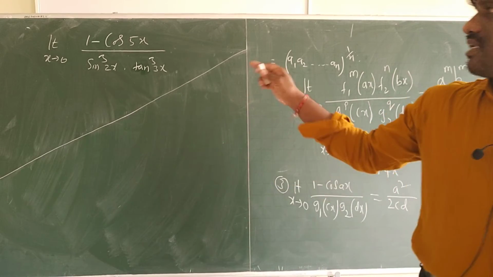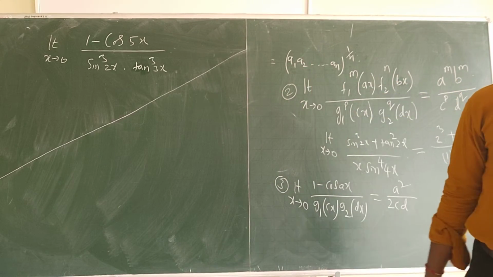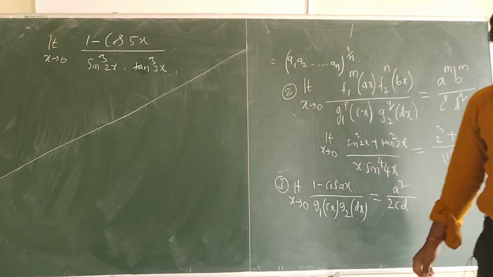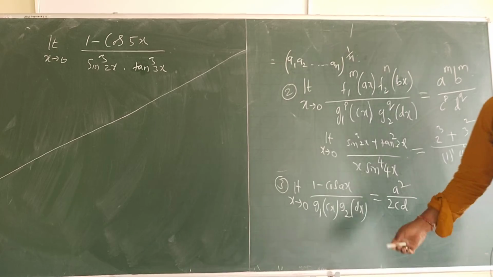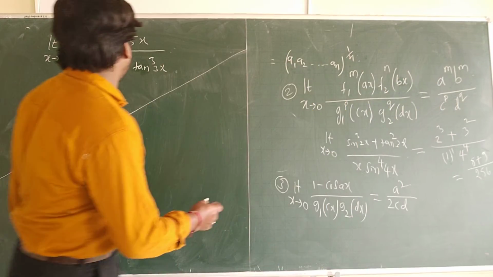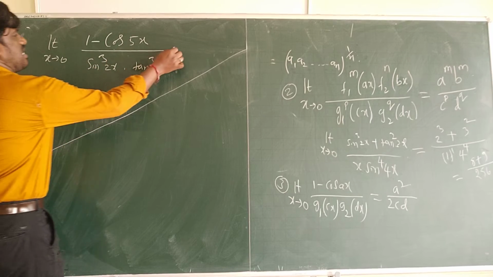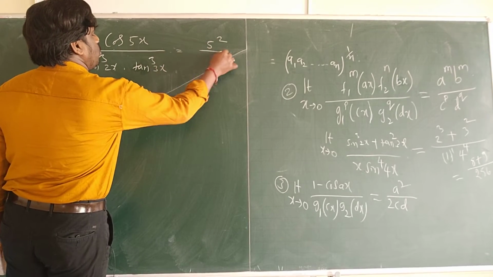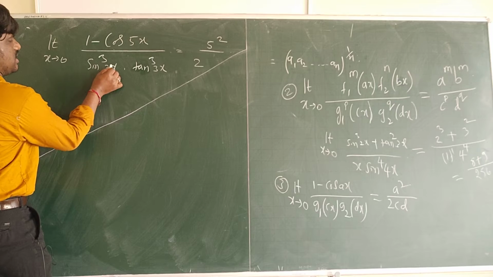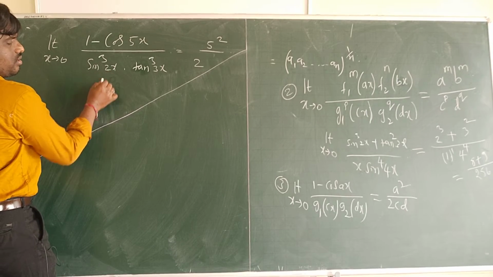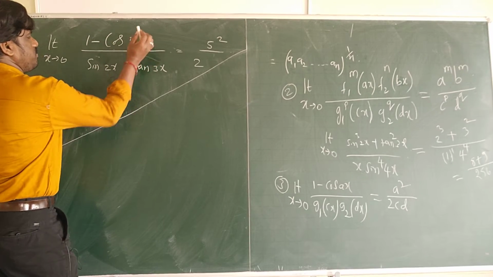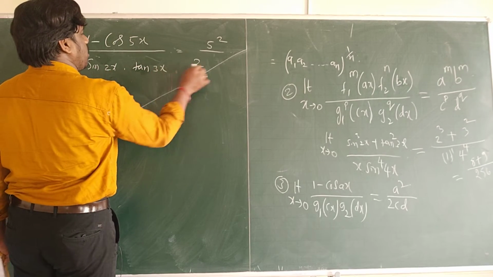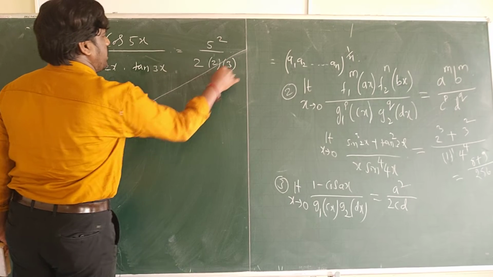So you have the limit like this and you have the question like this. For this one there is no need to solve. The answer here is a square by 2cd. What will you do here? A means here 5. So the answer will be 5 square by 2 times of c. C is this. You have square, okay, cube is there. Then suppose the question is like this, then you get 2 into 3.